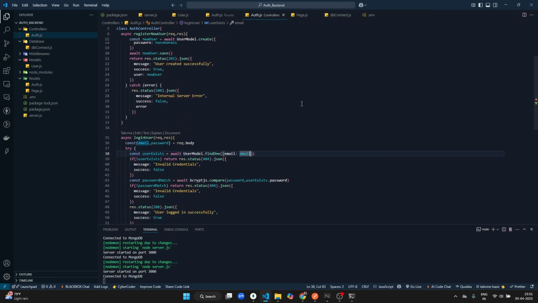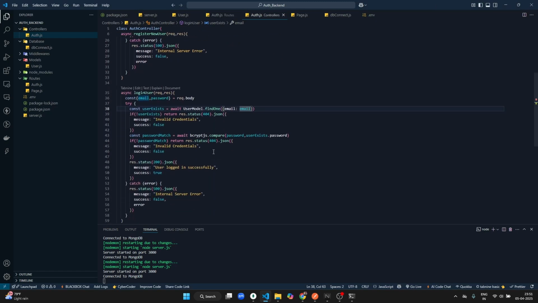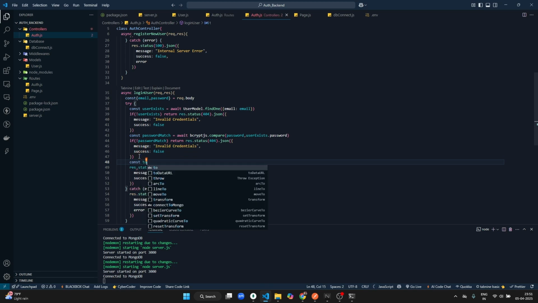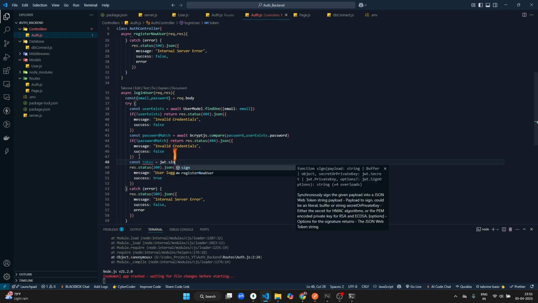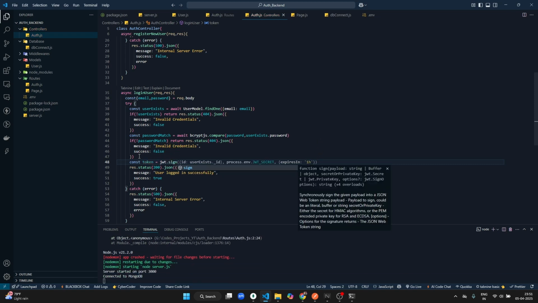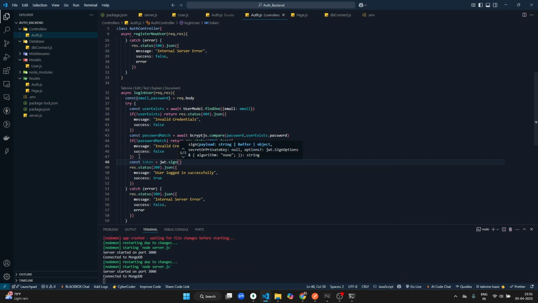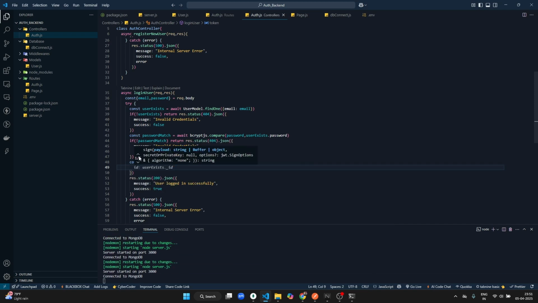In the login user function only, we'll have to make some change. So see, after we check the password is matching, what do we do? const token = jwt.sign. So we are going to pass the data here. We are going to pass the user details, or else what we can do is